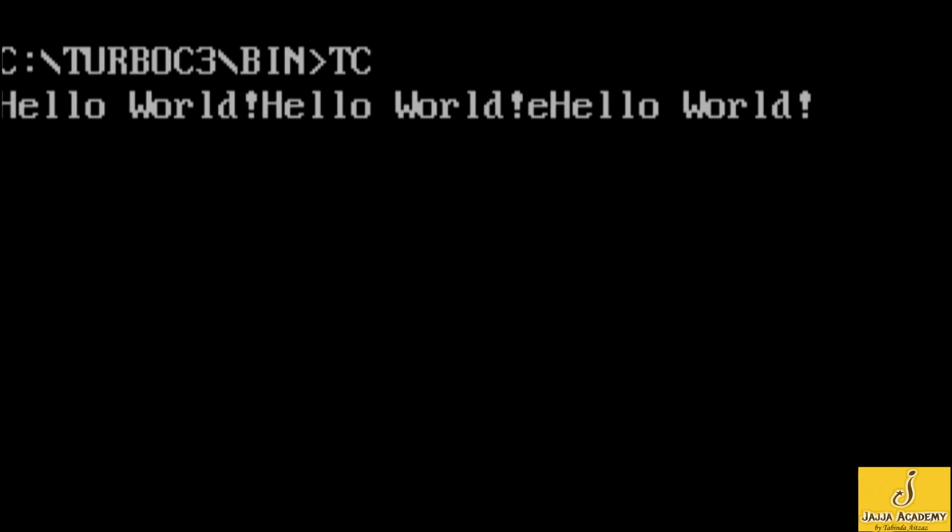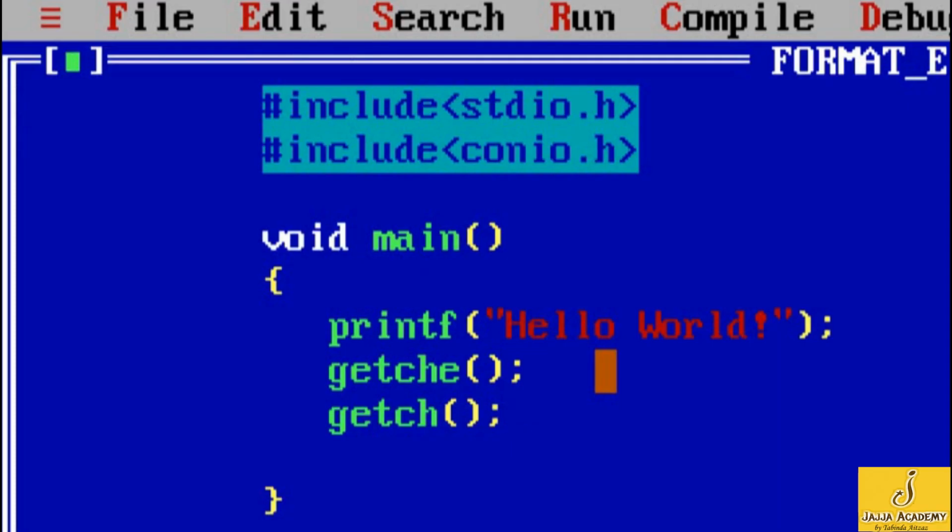This time I'll press T from the keyboard, T, and you see the T is echoed on this output screen. T is returned on this output screen, and this blinking cursor is due to the execution of the getch function, not the getche function. Now I'll press the enter key and the control is back and the execution is ended.